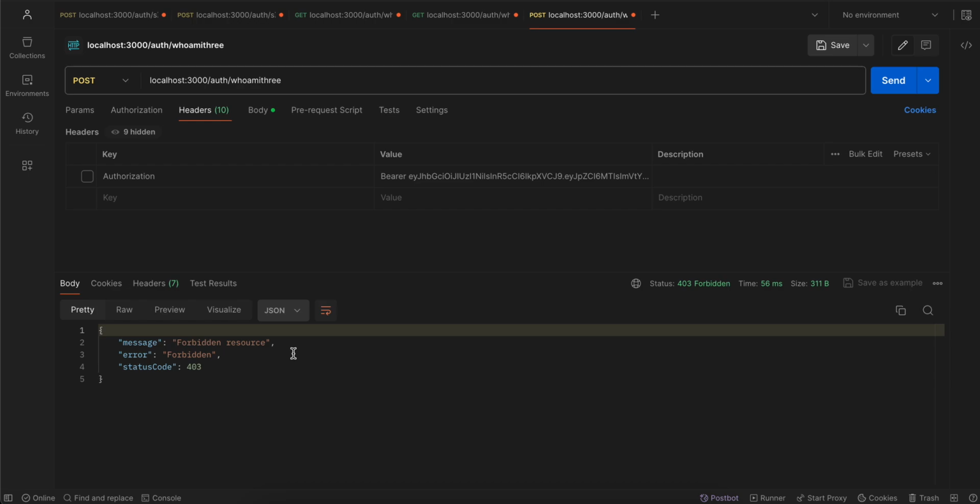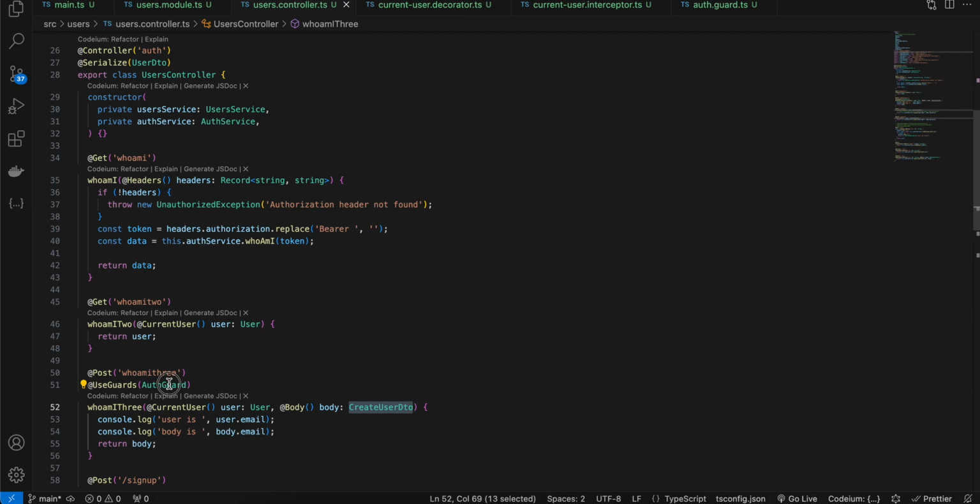resource. Now there might be a lot of APIs in your app which need a token. For this you can use this AuthGuard which we are using. You can use something like this current user as well, but then you will have to write an if check on whether the user is a valid user or not. If I'm getting some valid email ID or ID, whatever is encoded inside your token, then you can proceed with the next thing, right? This is also helpful for some use cases, but for most use cases you will use